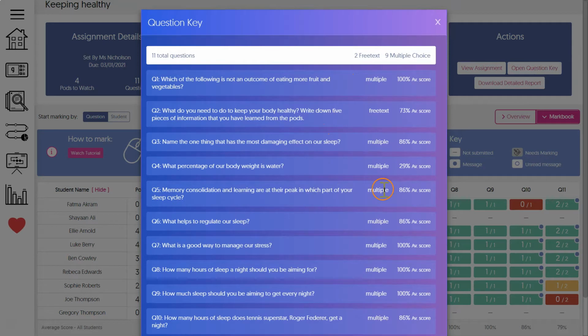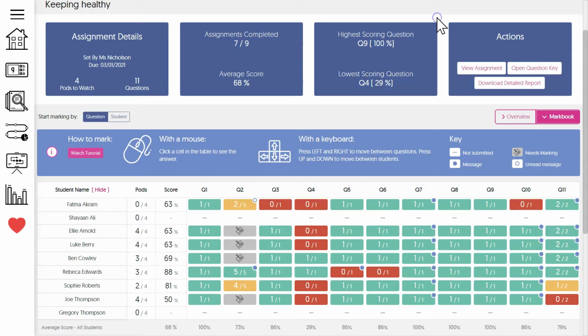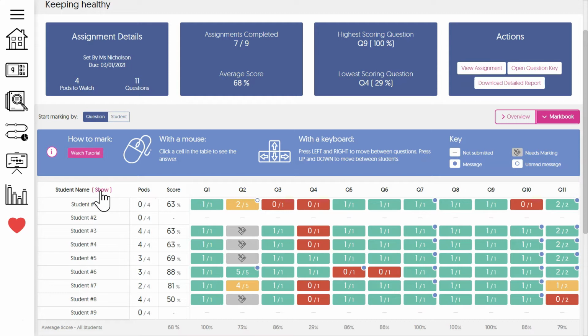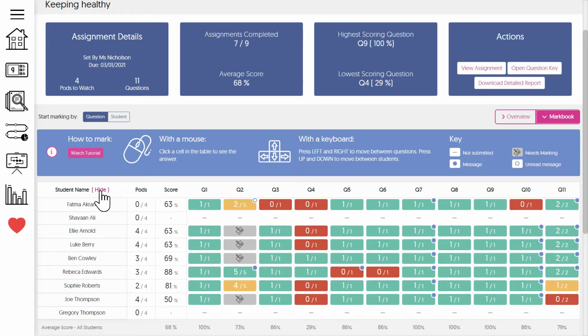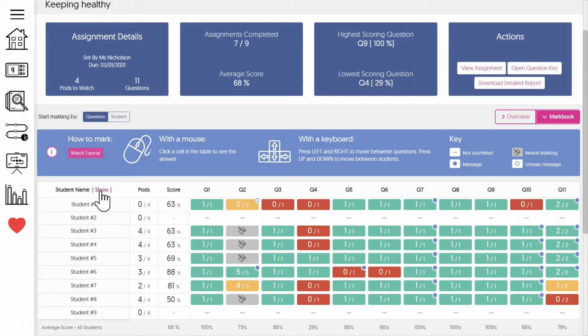This also gives a handy summary of average scores for each question. The hide feature is great if you're concerned about bias whilst marking, and also is really useful if you want to display the assignment results in a class feedback session, as you don't need to worry about revealing individual student